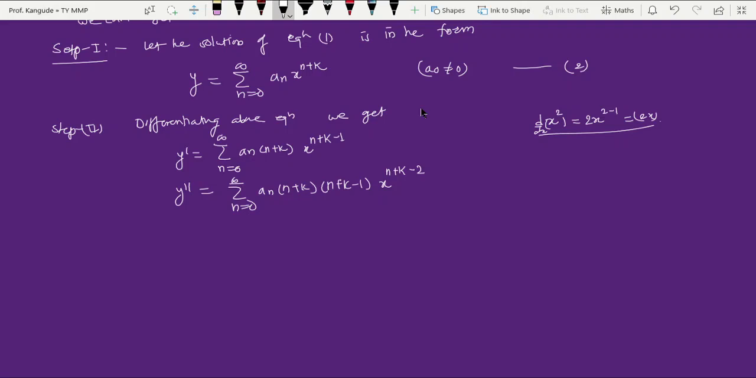Y triple dash is equal to summation over n equal to 0 to infinity an times n plus k into n plus k minus 1 into n plus k minus 2 into x raised to n plus k minus 3. So that type of several differentiations also can be calculated. Okay, now substituting this,